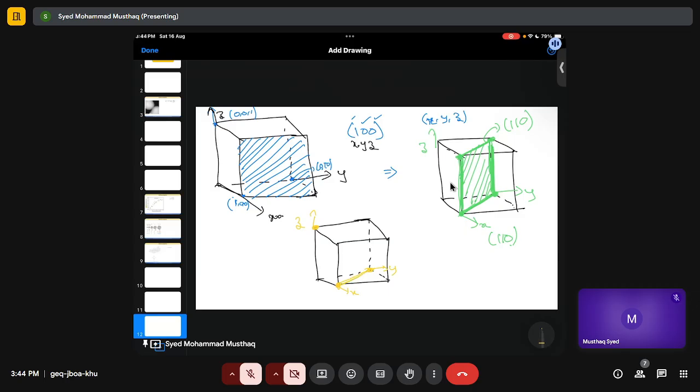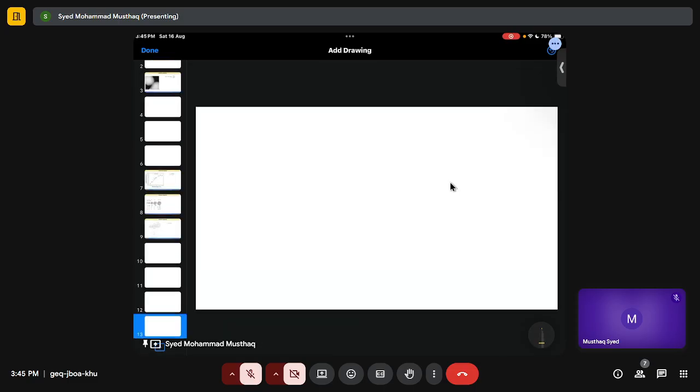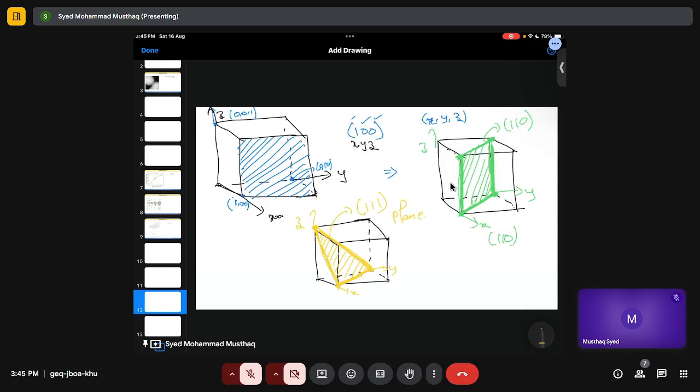So first let's join x and y, then join these two, and then these two. This is how the plane looks. This is my 1, 1, 1 plane. I hope those of you who didn't study the physical metallurgy course now find the planes clear. Now let's move on to how the surface energy changes with the crystal structure,